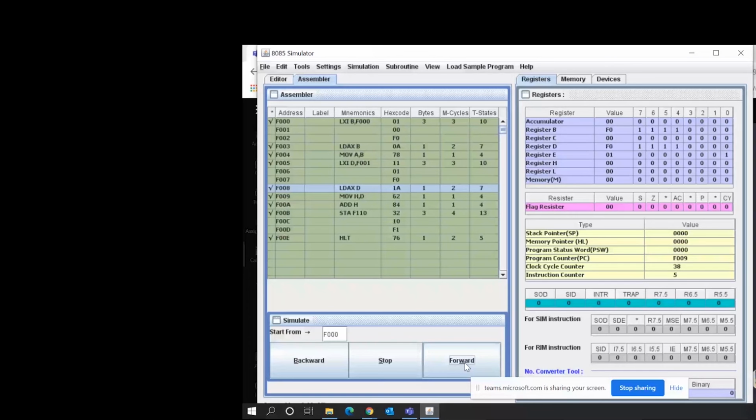From F002, Sharath, start from here. I stop and then I'll go step by step again.